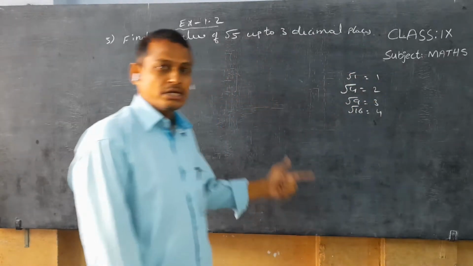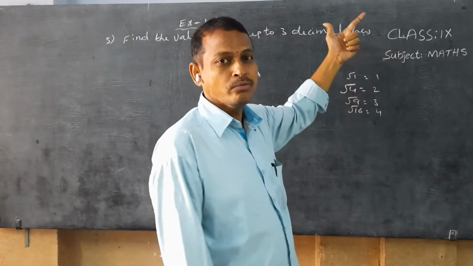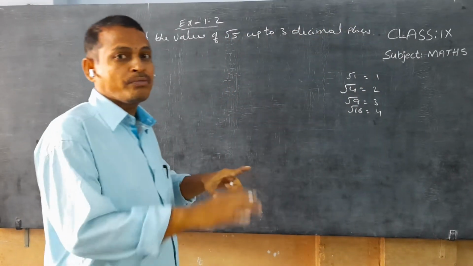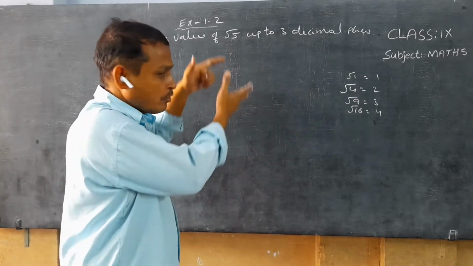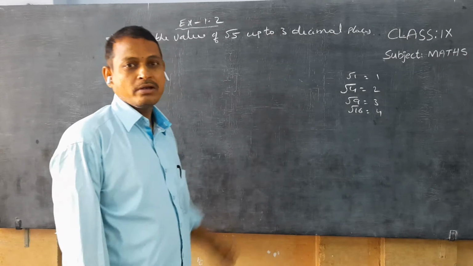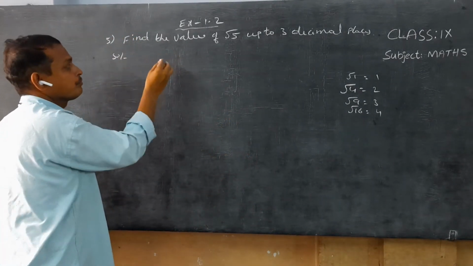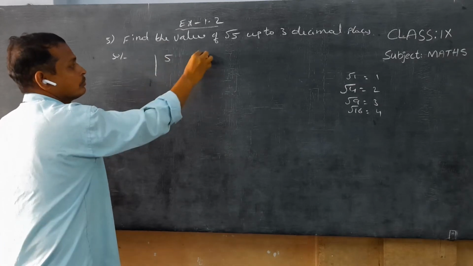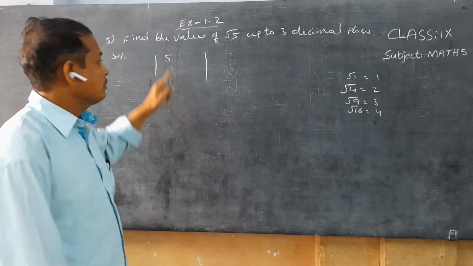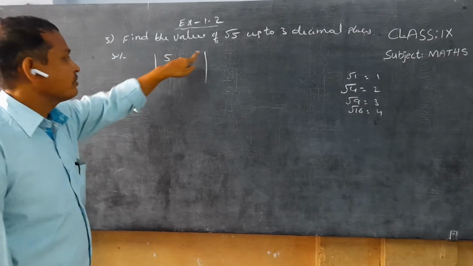1. Okay, children? But what is the value of the square root of 5? It is not a perfect value, so we have to use the division method to find the square root of 5. By solution, 5, we should do division. Children, we should write it as 5 in the perfectly divisible place.